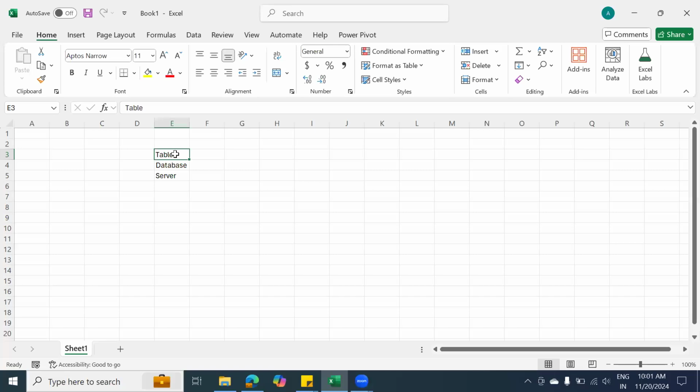Anyone remember? Collection of rows and columns, collection of multiple tables. Then what is server? Storage. Then what is the difference between database and server, sir? Okay. So I would say collection of databases. If I go with similar language, collection of data is called a table. Then collection of tables is called a database, and collection of databases we call a server.